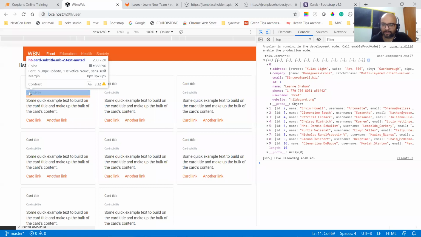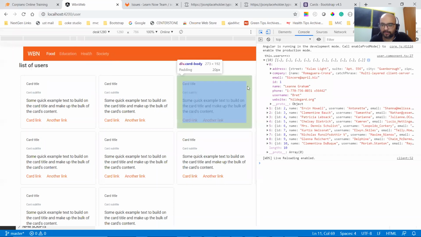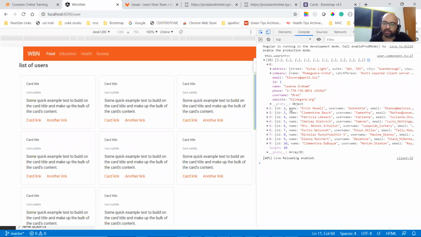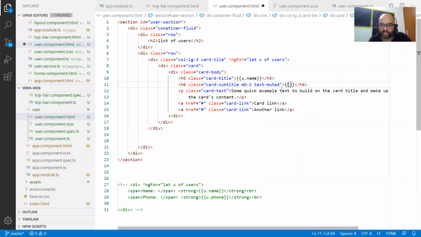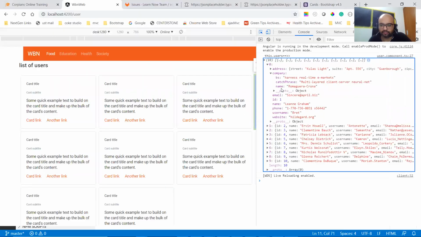Its website, its company website, or its email. Company name or company email? Okay, चलो ठीक है, company name. Agree, company name. So tell me, for company name, how should I print? In the main object, the name is at the main level, okay? But company name is inside the company. I've given you a hint also. Now you tell me, what should I write over here? U dot company dot name.